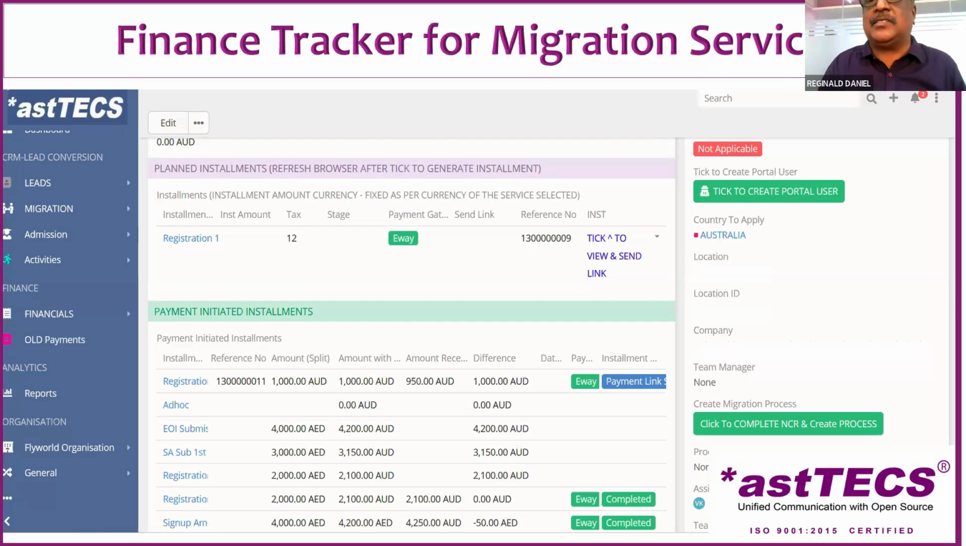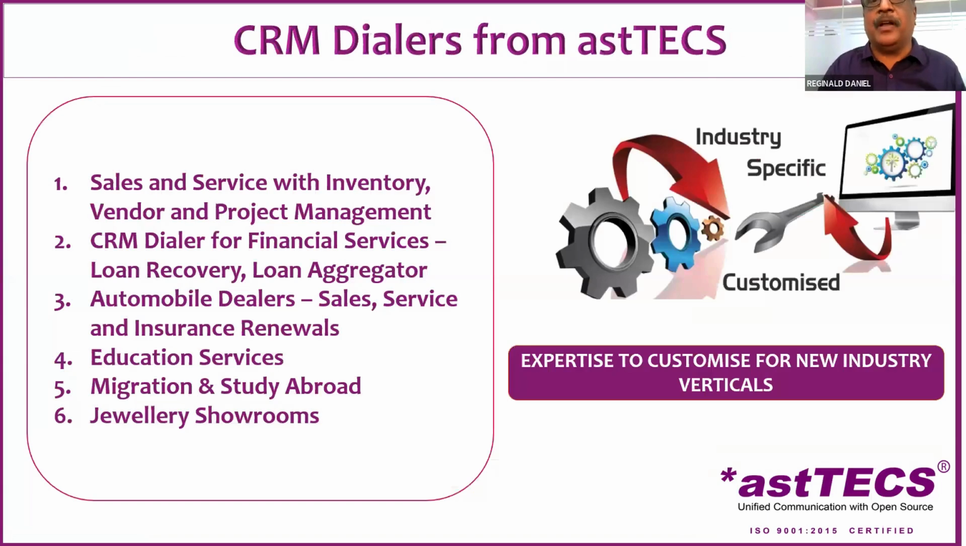Accordingly, the system tracks every process of the migration. So these are all customized solutions which we already have. So this is the list actually. We have sales and service with inventory, vendor, and project management. We have solutions for financial services, automobile dealers, education services, migration and study abroad, and jewelry showrooms, and these are